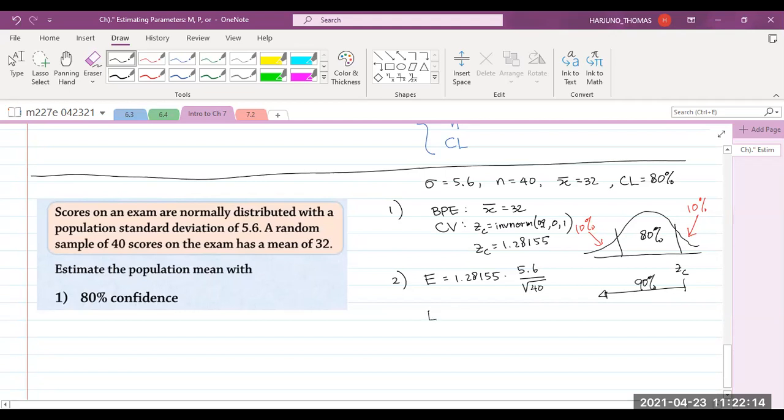I get the margin of error will be 1.13473, such that my 80% confidence interval for mu